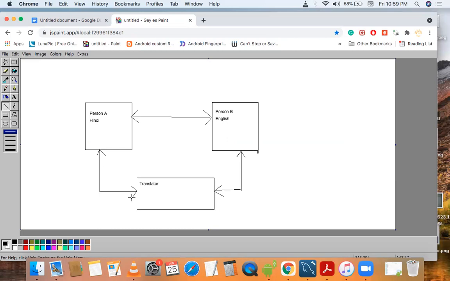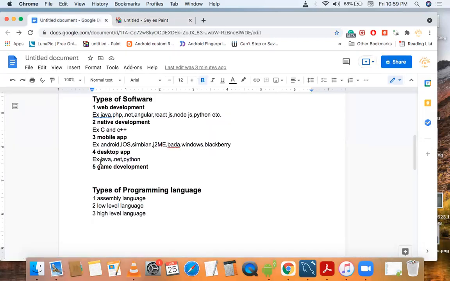There are two types of translator we use in programming languages. First one is the compiler and second one is the interpreter.